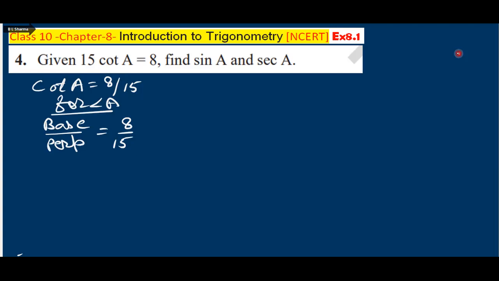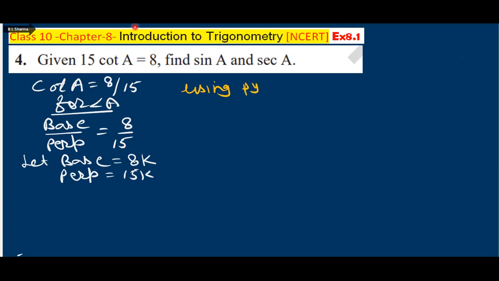So using k, base is equal to 8k unit. Therefore, perpendicular will be 15k unit. Using Pythagoras theorem,